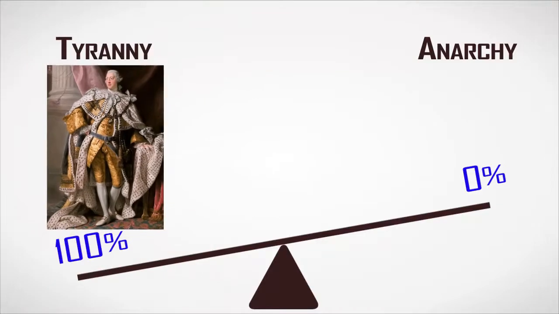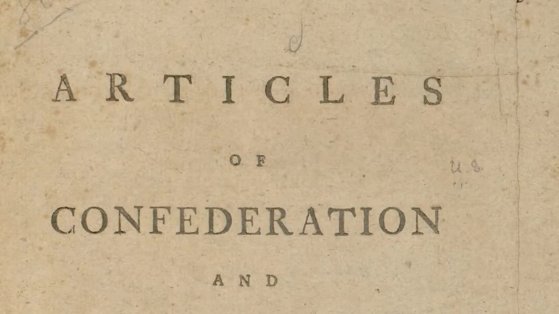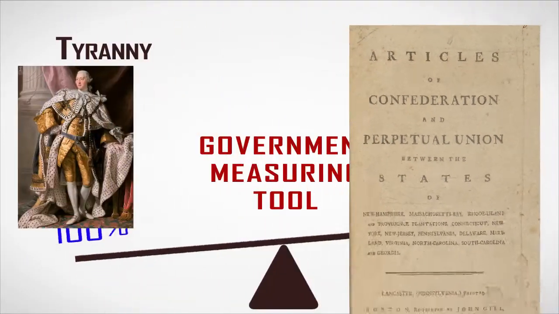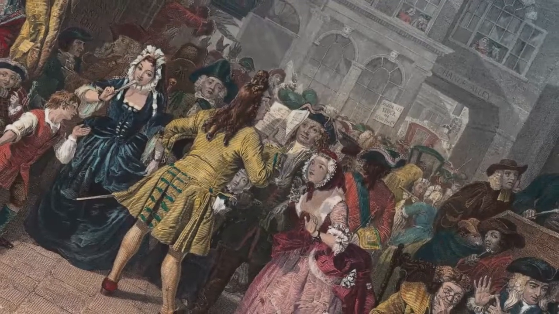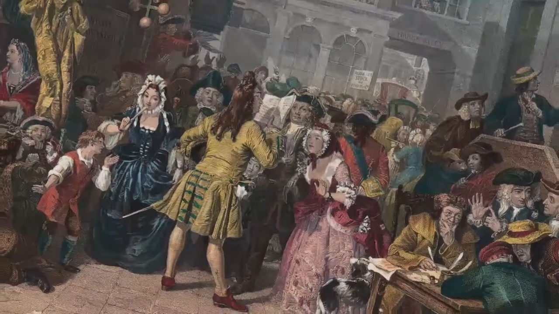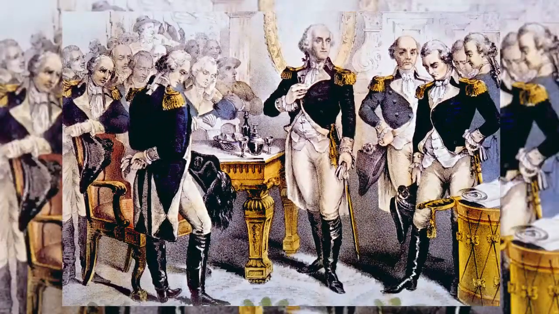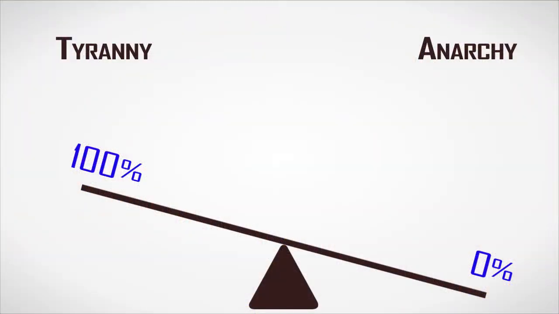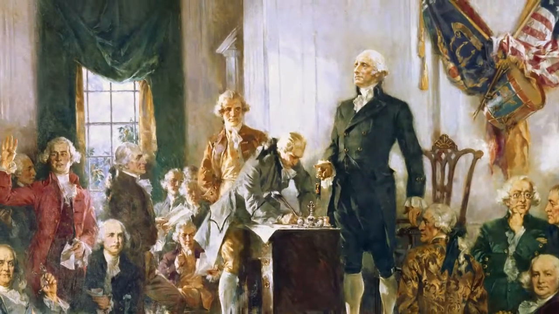America faced this same historical challenge in the 1780s. They threw off tyrannical King George. His government was too far to the left, closer to the 100% on our government measuring tool. That was tyranny. Then, under the Articles of Confederation, we went the opposite extreme. We were closer to the 0% side of the government measuring tool on the far right. That's anarchy. America almost fell apart. It was chaotic. On one occasion, the chaos was so troubling that some people appealed to George Washington to become King George I of America, and George Washington was horrified at the suggestion. Would America follow the natural progression of tyranny to anarchy and then back to tyranny? Many thought it just might happen.